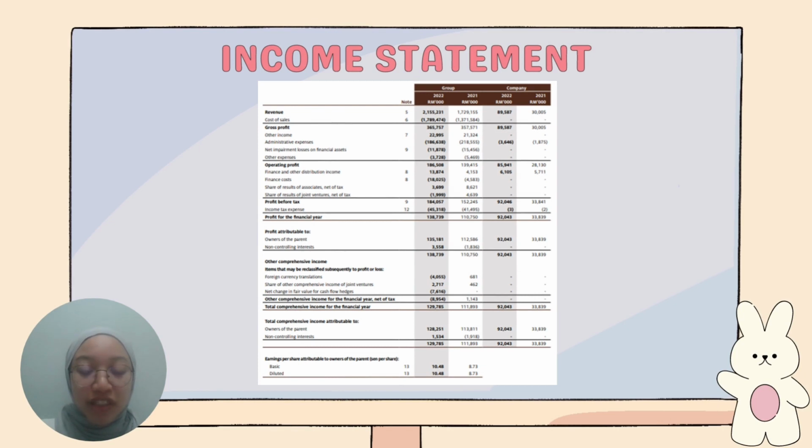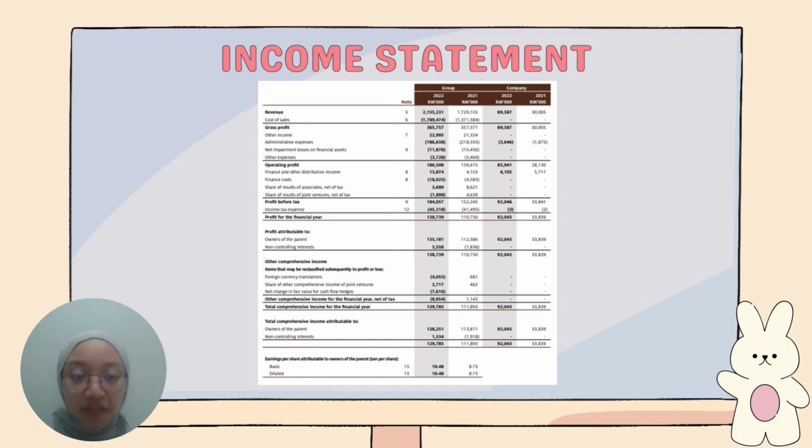The income statement, which is known as the profit and loss statement, shows the revenues, expenses, and net income of the business during a specific period of time. According to the table, we can conclude that the profit net of tax has been increasing since 2020 until 2022. The difference between the 3 years of the net tax is RM650,120,000. The total turnover has been increasing steadily throughout the years, and the gross profit margin increased in 2021 and then decreased in 2022.